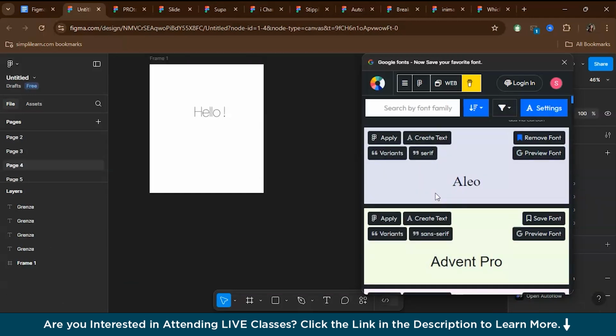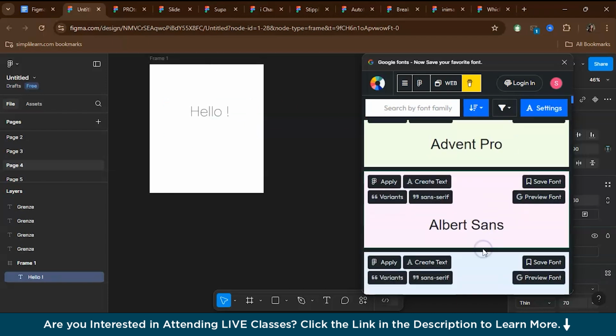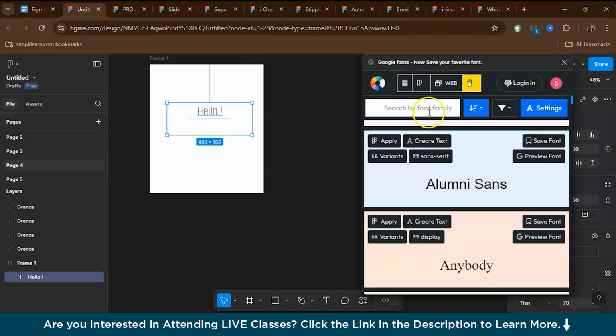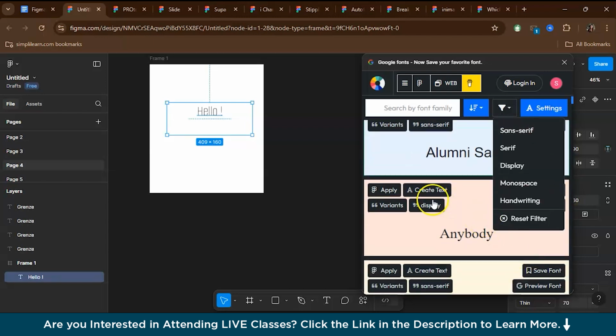Now next up is a plugin that's going to be super useful for anyone who loves Google Fonts. It's called Google Fonts Unofficial, and it gives you direct access to the full Google Fonts library right inside Figma. So here's how the trick works. Let's say I have a text block in my design that I want to style. I can open the plugin, search for any Google font and apply it to my text instantly, just like this. How easy was that? Now you can also filter the style or even find fonts that fit a certain vibe or look. Plus, if you want to download the font for use outside Figma, it gives you a link for that too.